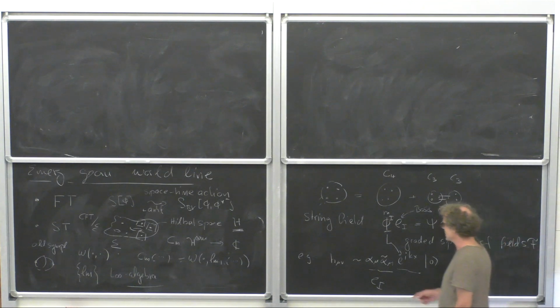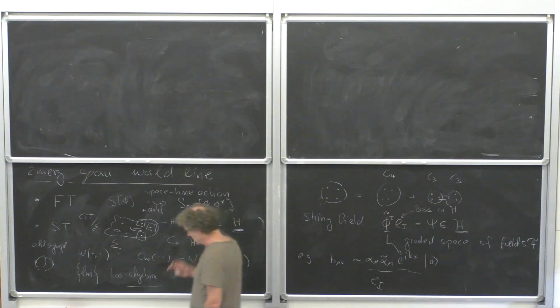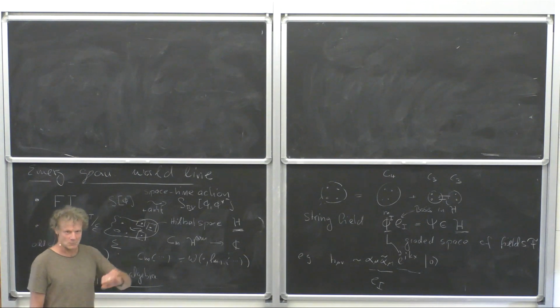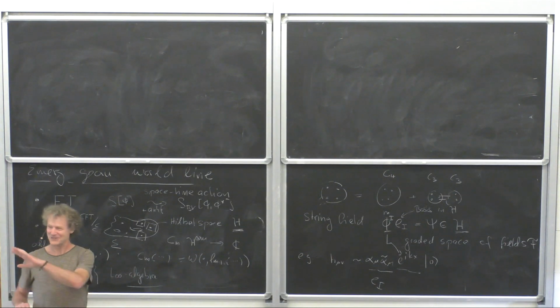So morally, you could say in string theory somehow space-time is emergent because you start with some algebra of vertex operators acting on some vector space. So I think I've done my duty. We can now stop because